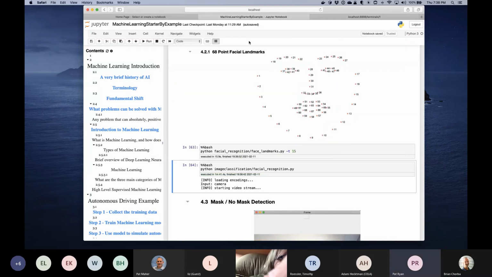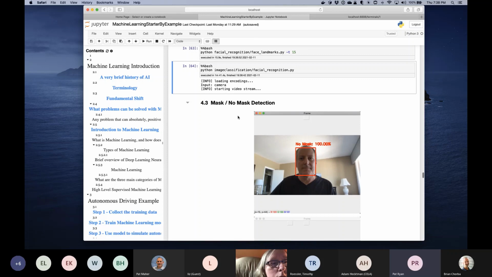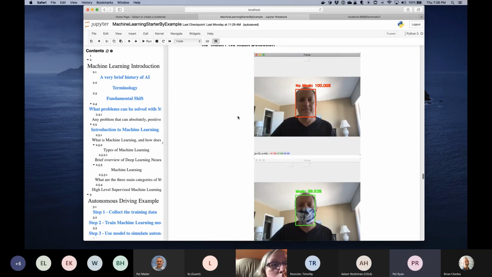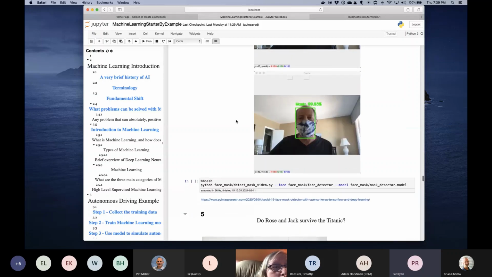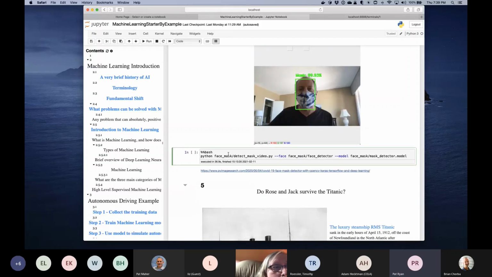But let me show you how we can use it. There are upsides to this technology, right? As I said, it could be used for great good or for great harm. What if we wanted to use it for mask detection? We could do the same kinds of things. This is using a deep learning model to look to see if we have masks on. Maybe we want to have that at the storefront, so we can make sure people have masks before they enter.